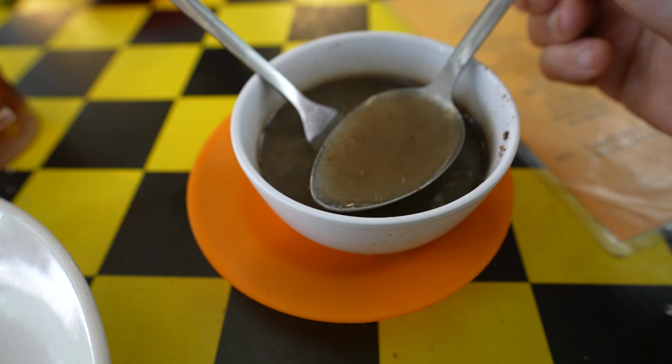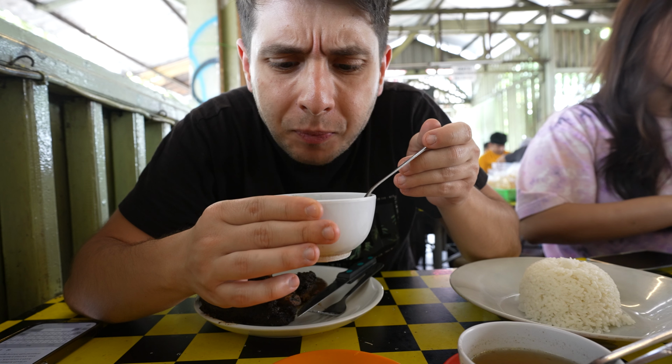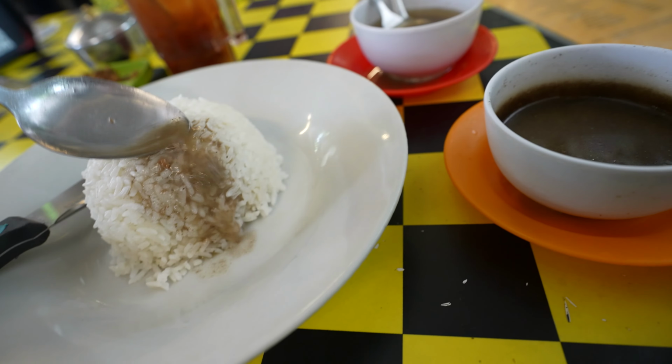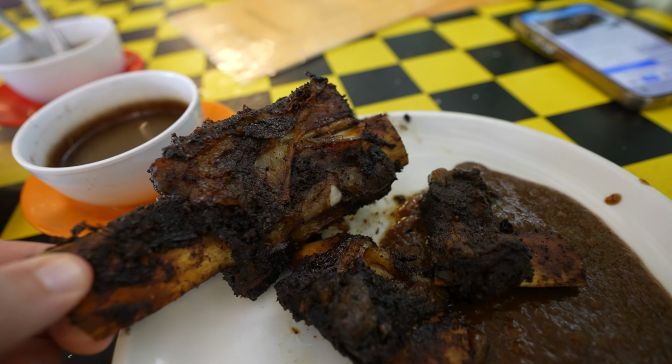Kind of a smooth soup, a little bit oily and black pepper. It tastes a little bit like beef stock, to be honest. I wonder if this is made with the water that's been used to boil some ribs and stuff. I think this can be used to make the rice a bit more wet. Looking forward to...